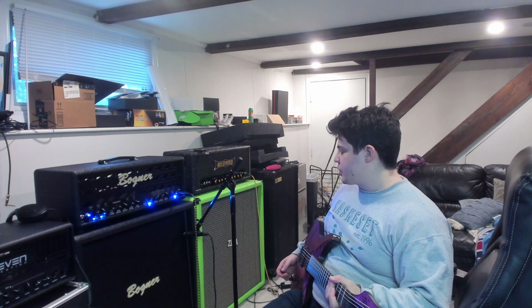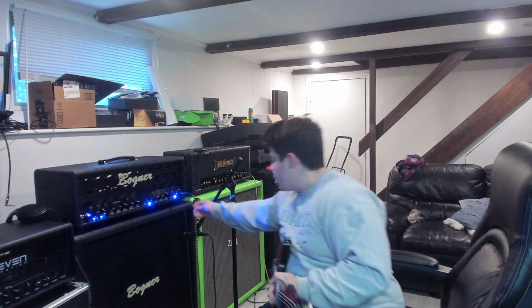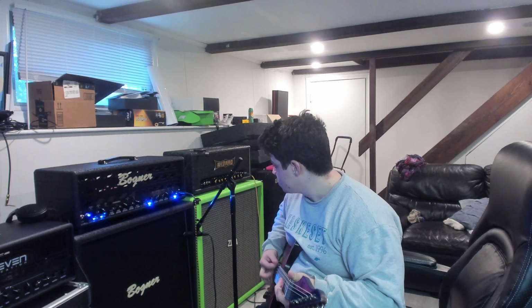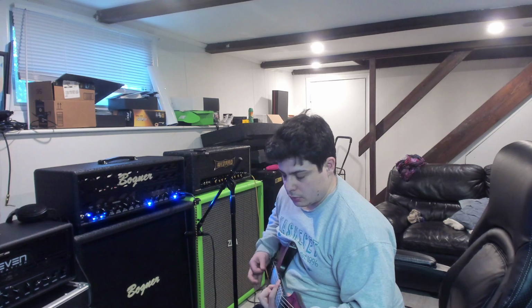Right here we have the input switch. Reinhold Bogner says to keep it in classic for humbuckers, put it on 101 mode for the single coils, but I'll show you just the difference between them. I think I just prefer the classic. It has a little more clarity on the highs, which the single coils obviously would already have, as well as a little more clear tone with distortion. Again, you play a chord and